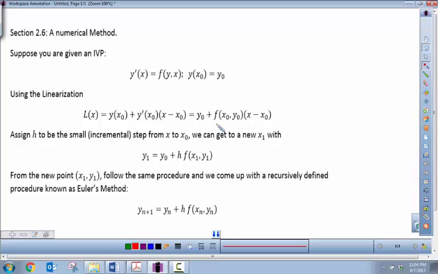What you want to do is evaluate the function at a particular point. And so you care more about where this is going instead of what the function is, so you can plot the point. So in other words, if you have a differential equation and you're given an initial value problem,